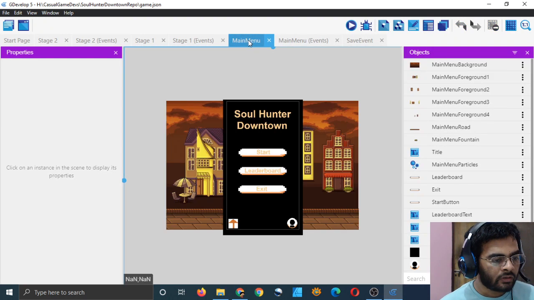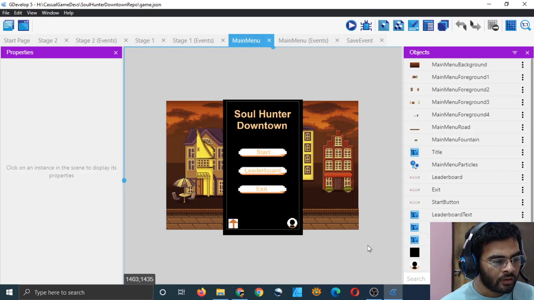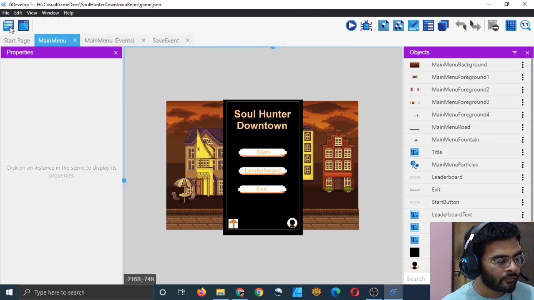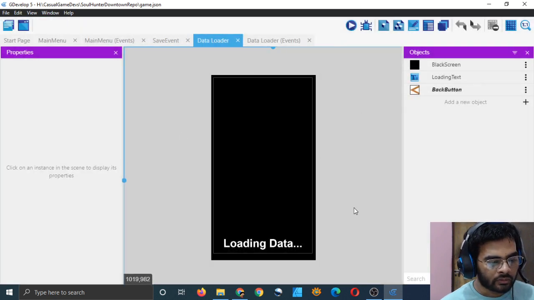So let's check if it is working or not. To do that, I will just start the game from my main menu. Yesterday I started the game from the loading screen, so it loaded the data if it was present.